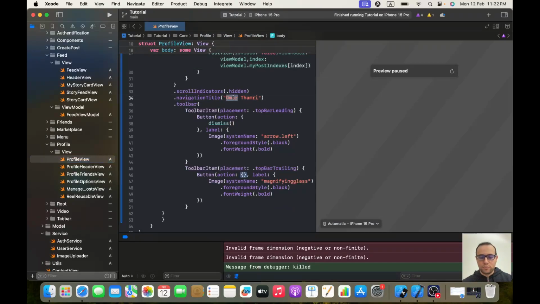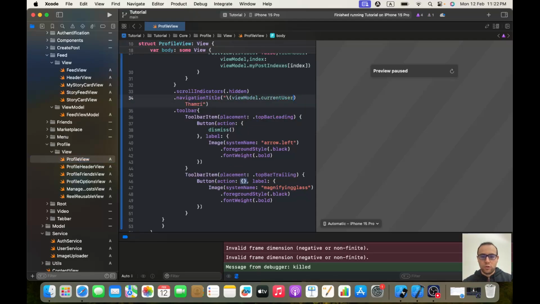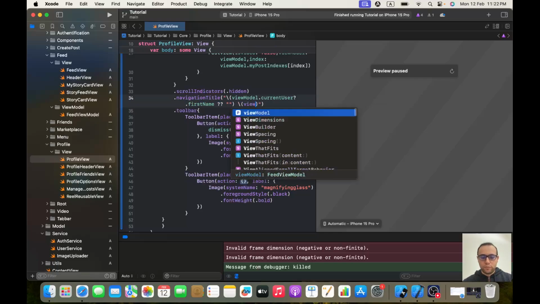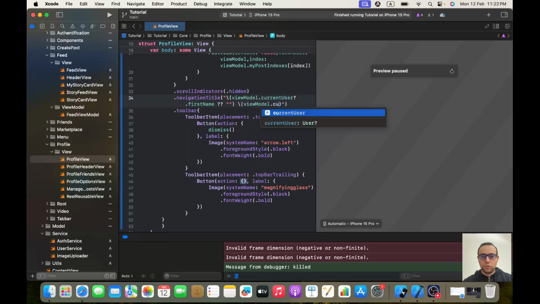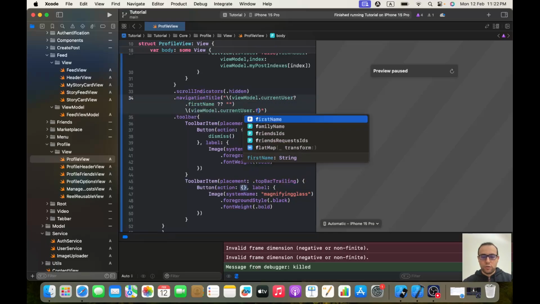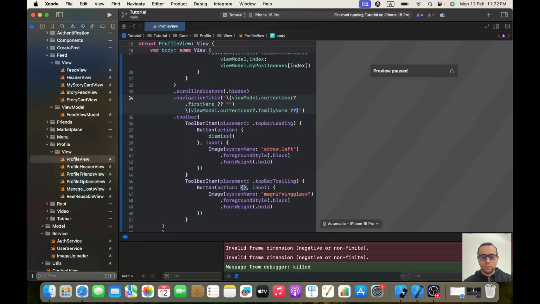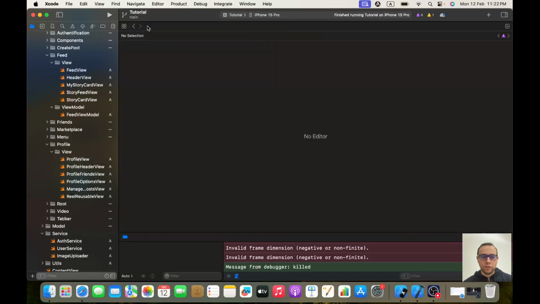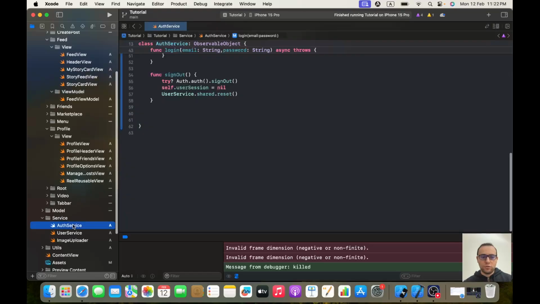So it will be view model dot current user dot first name else empty, and view model dot current user dot family name, and of course with not empty string. Okay, perfect. The second thing we need to fix will be in create user in my